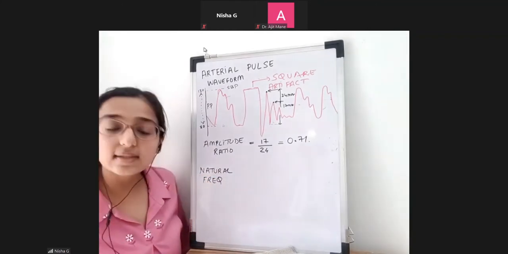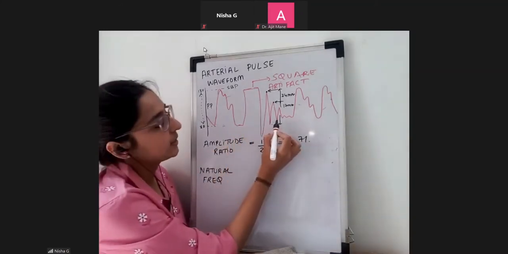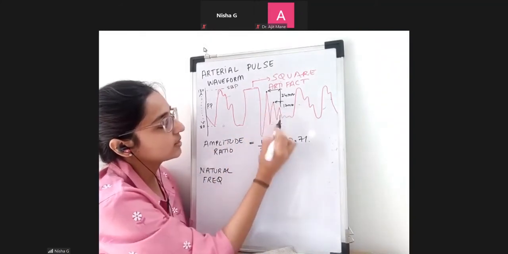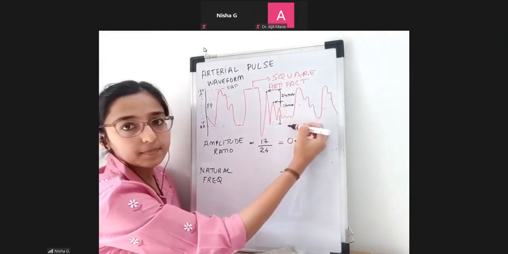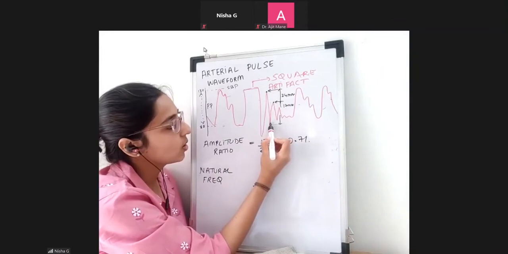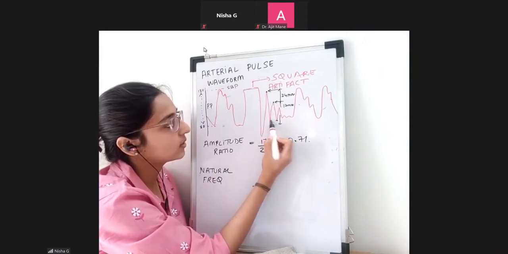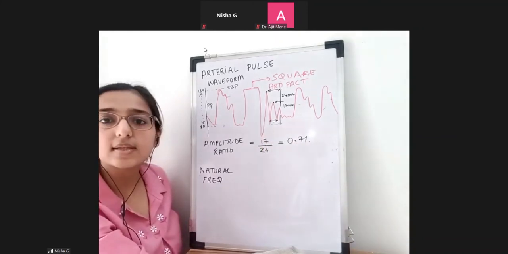So how will we get the natural frequency? The distance between these two oscillations. There are these two oscillations which have occurred, right? We saw the vertical height. Now we'll see the horizontal distance. This is the horizontal distance. This is one point here, this is the other one here, right? So this is the horizontal distance. This horizontal distance is calculated.